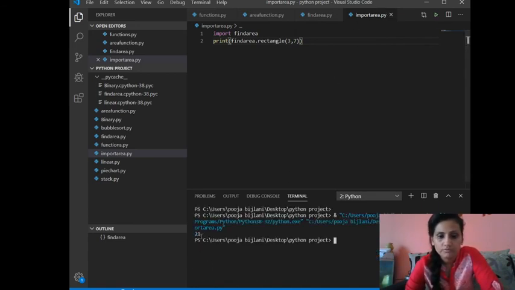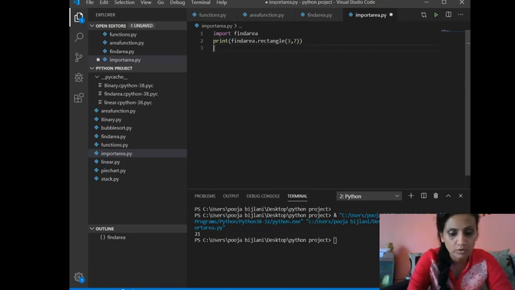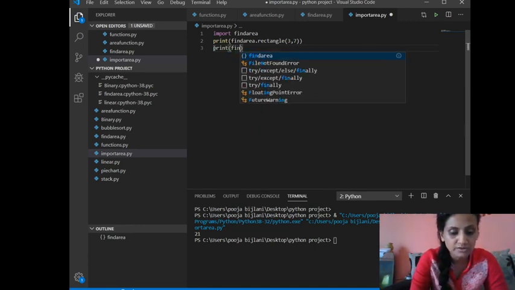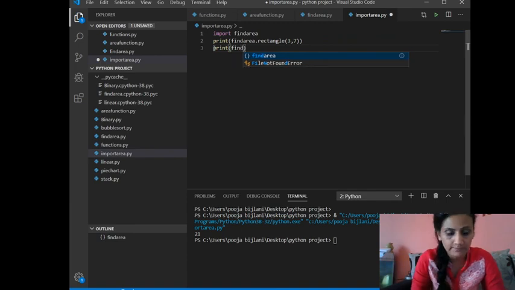See, can you see the answer? That is 21. Okay, 3 and 7. Similarly, if you want, you can call other definition functions also here. Always you have to mention the particular file name.